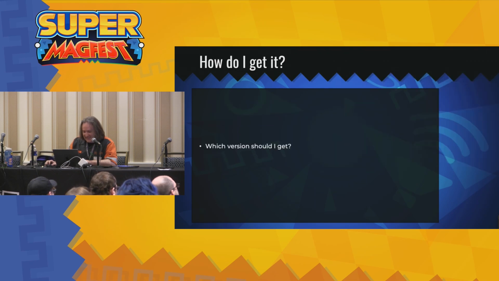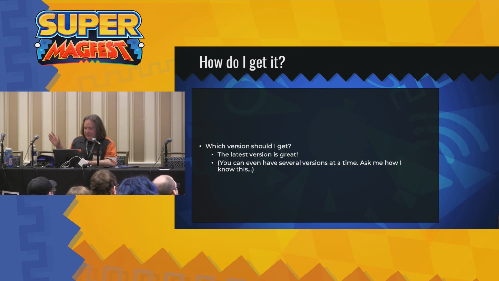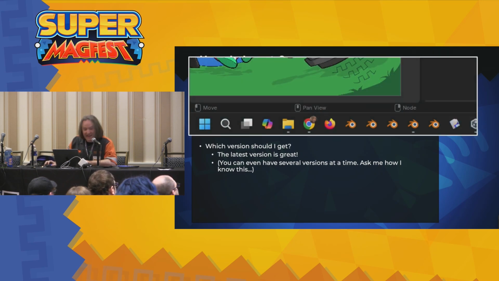There are different versions of Blender. What version should you get? This is actually a good question if you really know a lot about Blender and different things that have changed over the years, but honestly, just get the latest one. It is totally fine. And if you need specific things from other versions, you can even have several of them at a time. The sad way that I know this is because I have 5 installed currently. You will not need 5. If you're dealing with old legacy projects that perform better in certain versions, you might need more than one.